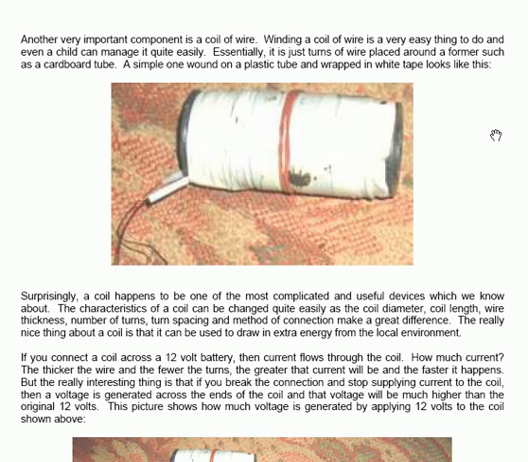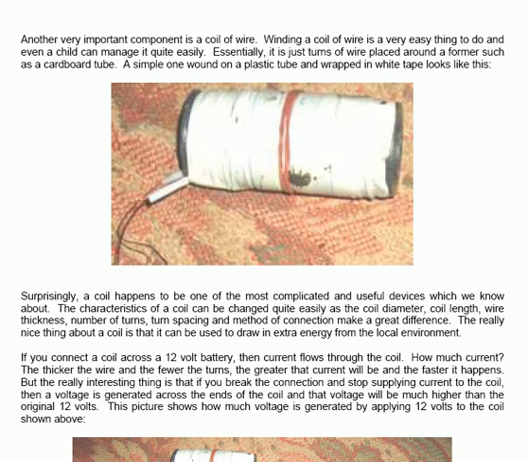Surprisingly, a coil happens to be one of the most complicated and useful devices which we know about. The characteristics of a coil can be changed quite easily, as the coil diameter, the coil length, the wire thickness, the number of turns, the spacing between the turns, and the method of connection make a great difference. The really nice thing about a coil is that it can be used to draw in extra energy from the